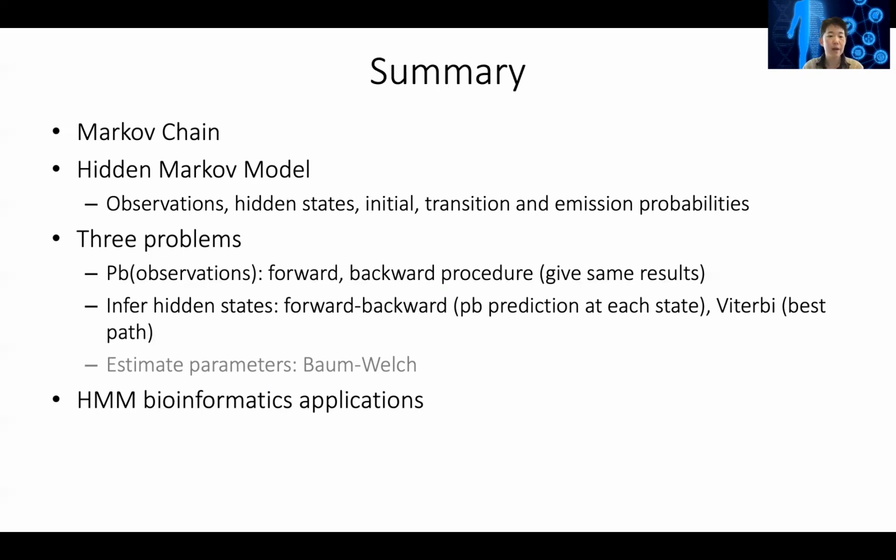The second problem is to infer the hidden states, knowing the parameters. For that, what is the state at every location? You can use either the forward-backward algorithm, which can give you a probability prediction at every location, but also the Viterbi algorithm, which will give you the best path that maximizes the overall